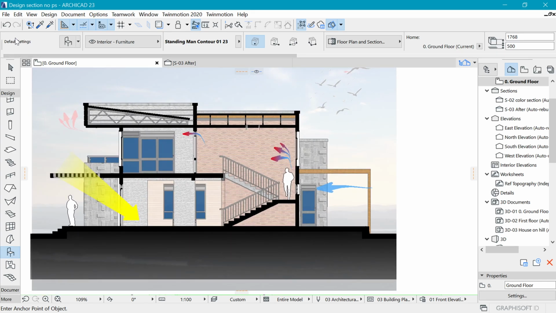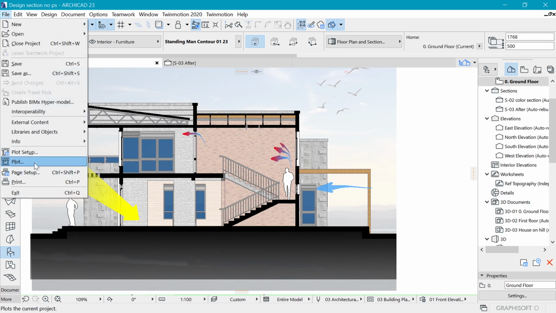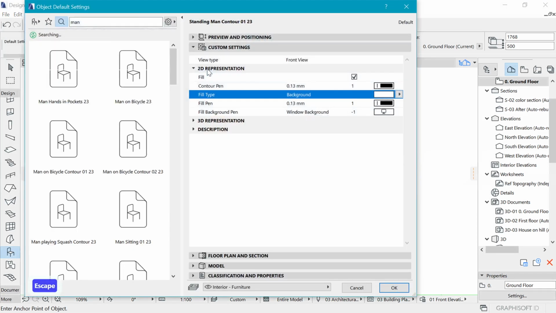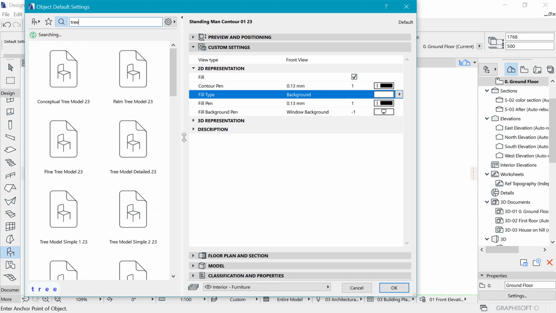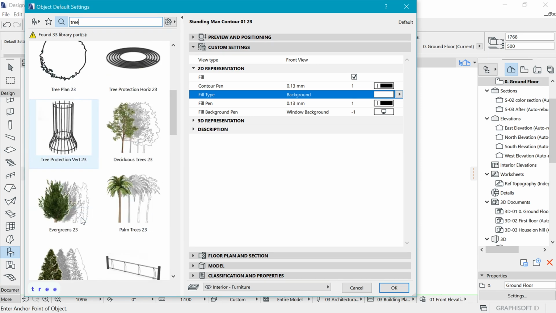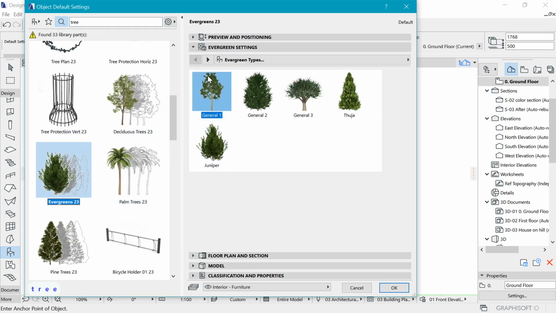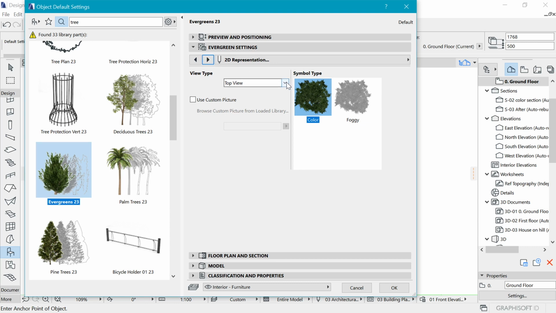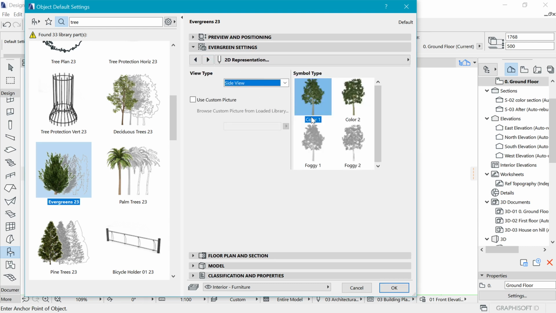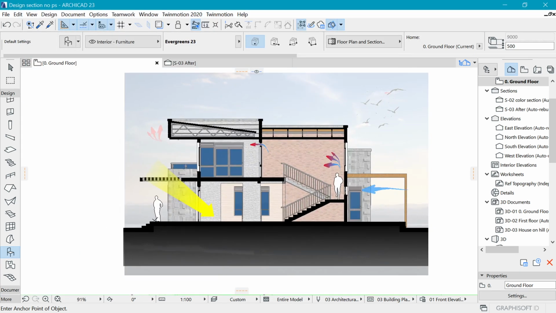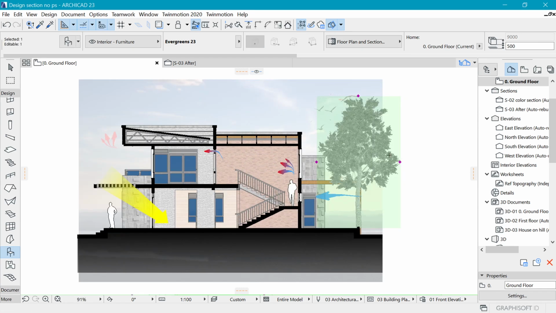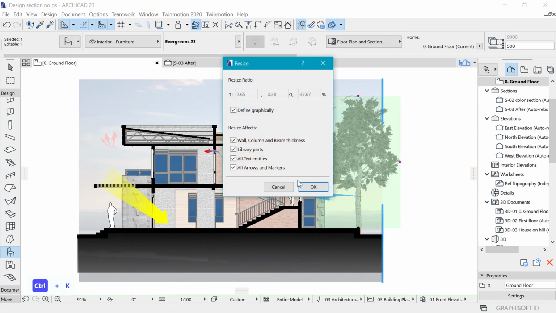And some more stuff that are going to enhance this is adding some trees. So if you open up this dialog box, you can type in tree literally, and you will have it. You'll have some trees in here, and you can choose side view in order to see them in side view when you're into the representation, and you can choose maybe the foggy type and have it placed wherever you so wish, and scale it to the size that you like,